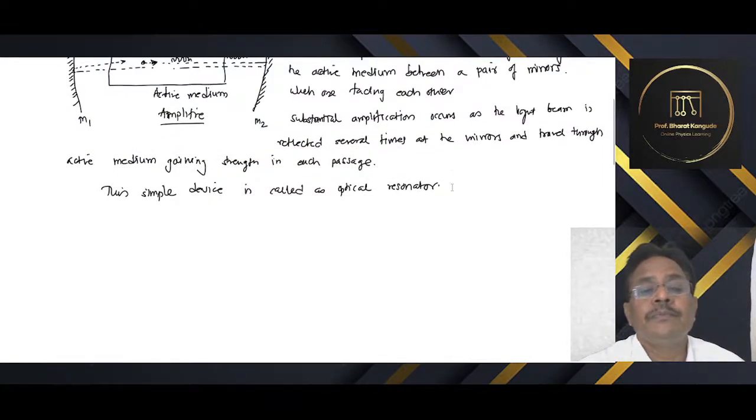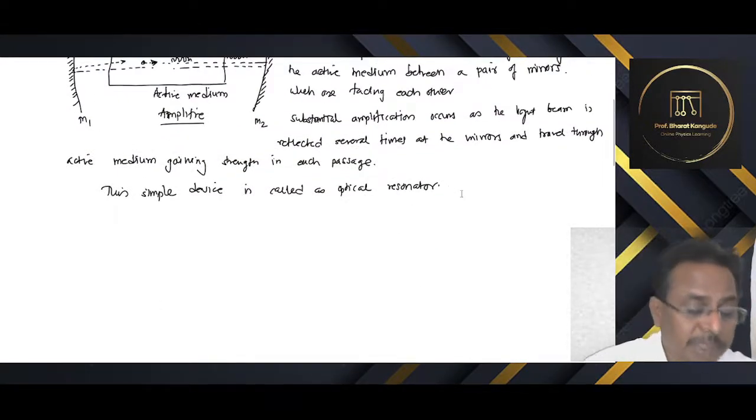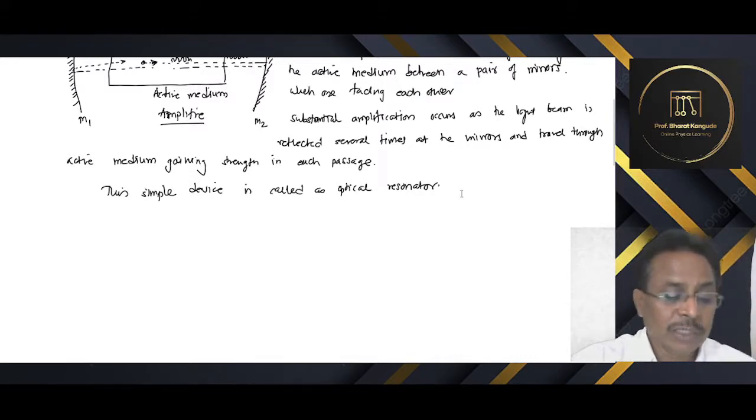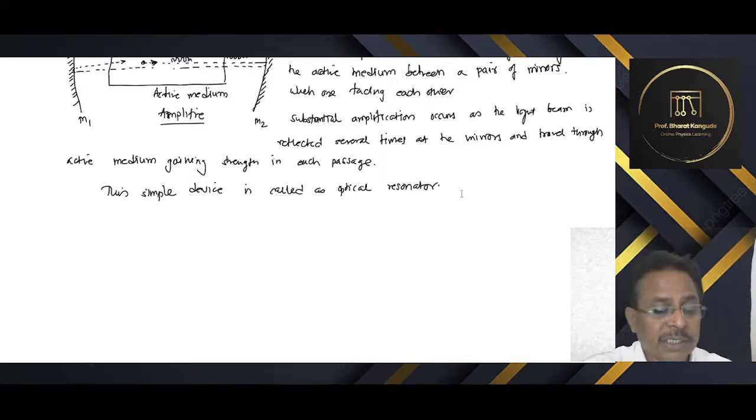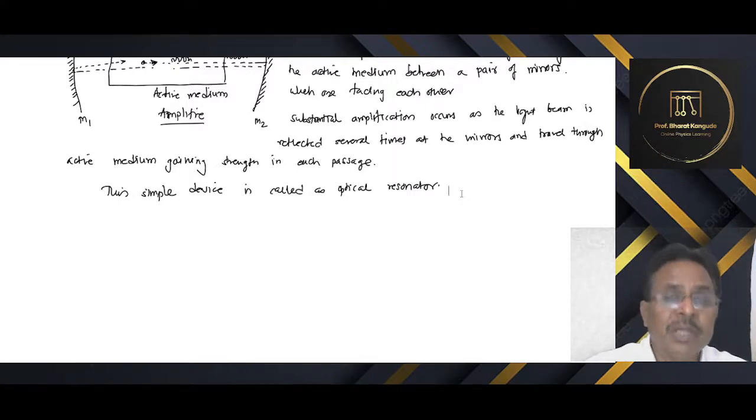There is one more very important concept remaining that will be seen here. Again we will be comparing. In the case of electronic oscillators, it is the tank circuit. There is one tank circuit or resonating circuit that builds up a large output with a moderate input. A small input gives a large output with the help of this tank circuit. In the case of a laser, the pair of mirrors constitutes an optical resonator, so the role of the tank circuit is played by these plane mirrors.